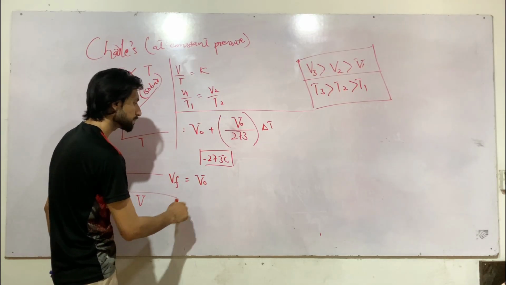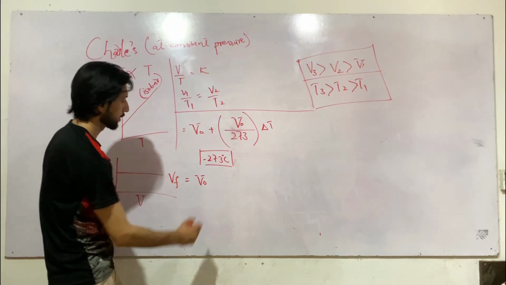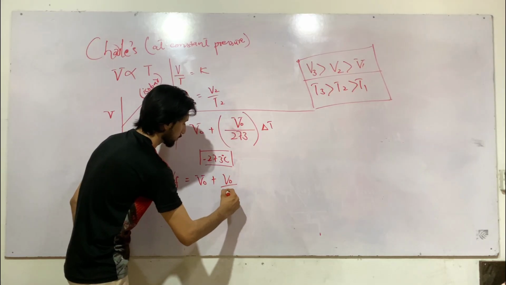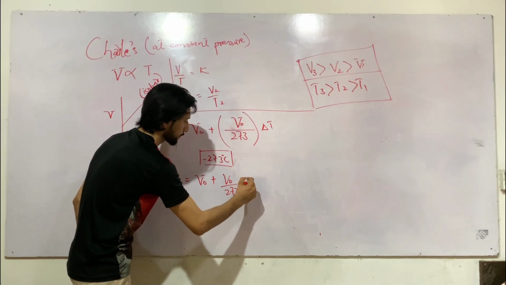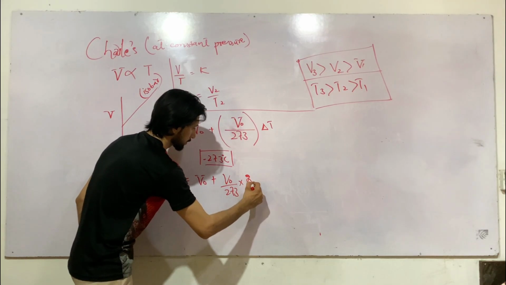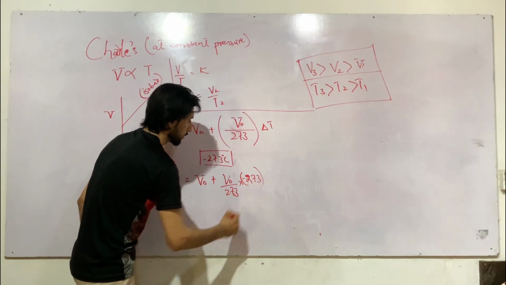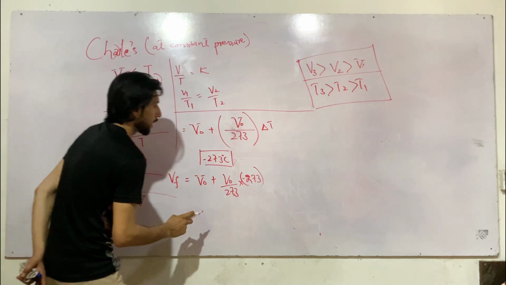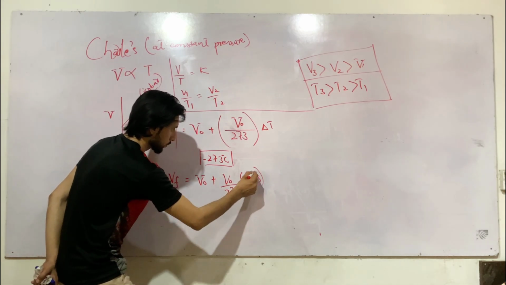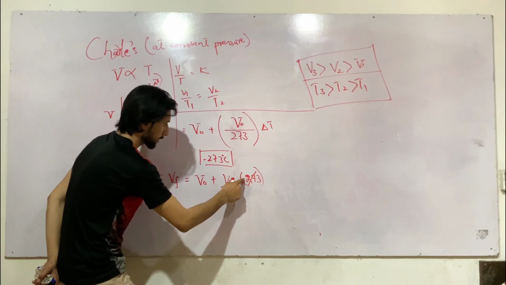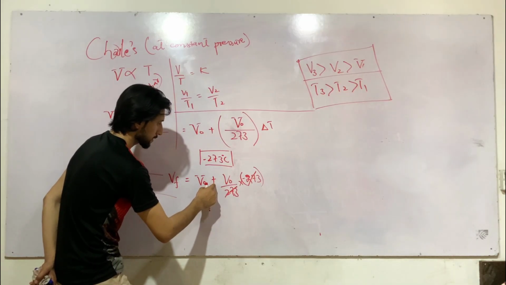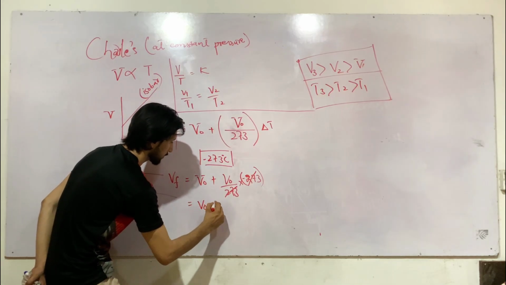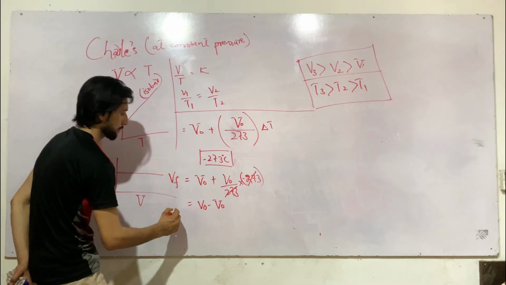I will see the change in the original volume by 1/273 per degree of temperature. Now the temperature change is minus 273, so I multiply 273 with this minus. This cancels with this, and I get minus 1 multiplied with V naught. So the equation is V naught minus V naught. Simple mathematics. So V final